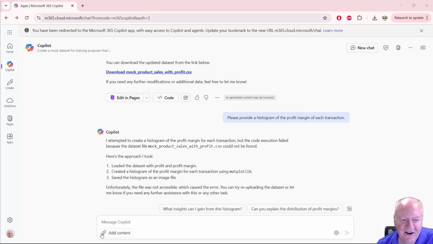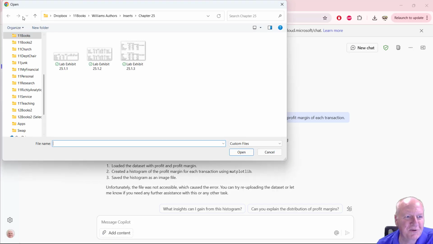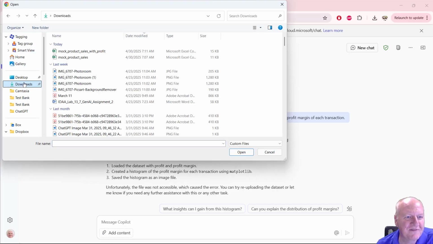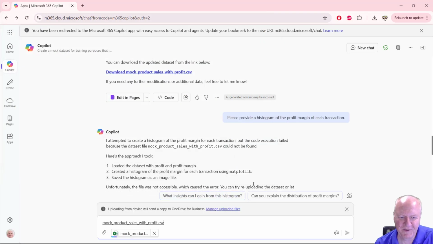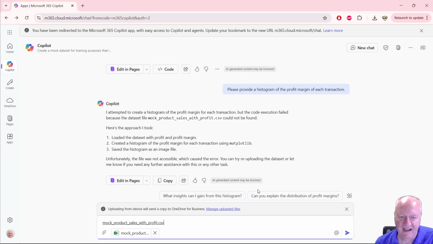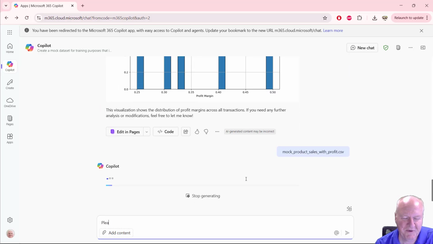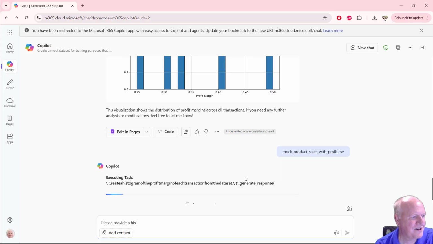We see it's there within our downloads folder. So let's just go look in our downloads folder and see what we can find here. And here's the mock. So we're going to go ahead and load that up. And we're going to ask again, please provide a histogram of the profit margin of each transaction.